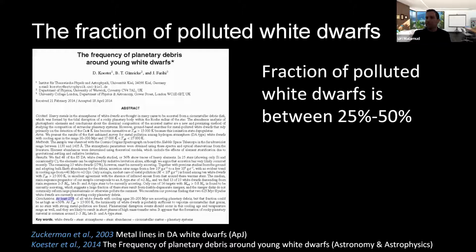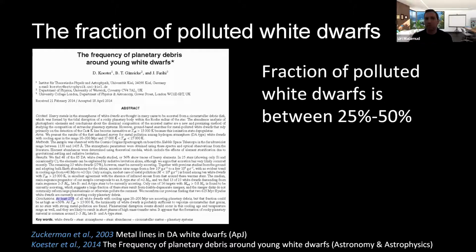Yes, Asaf? I have another question. How can you be certain that the material that you're seeing is pollution? This material is being synthesized inside the stars, right? During their main sequence phase, also during the red giant phase. So I would imagine that there is some turbulence inside the star that puts some of this material in the atmosphere.